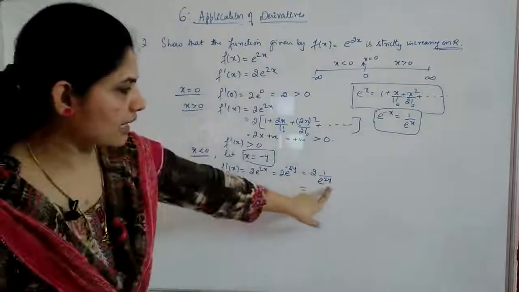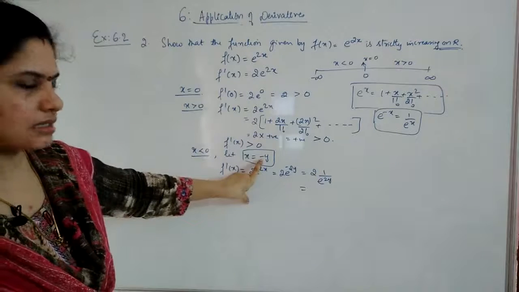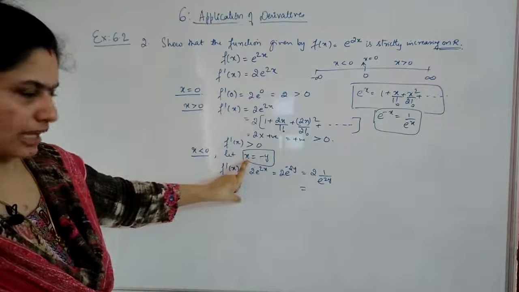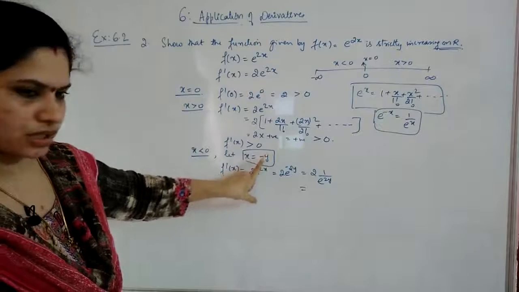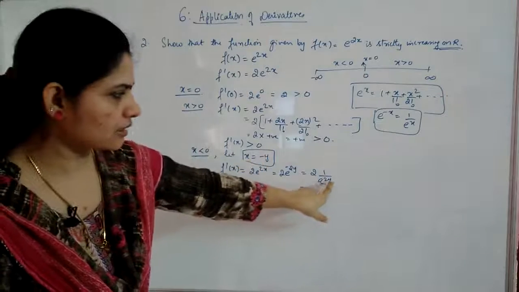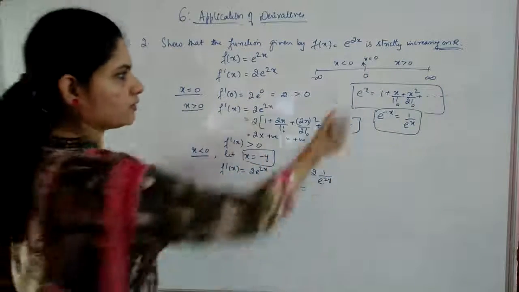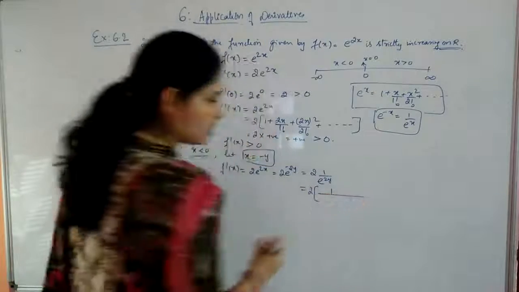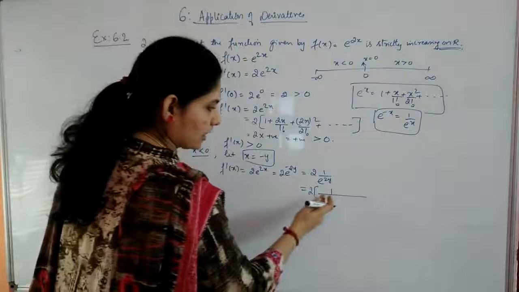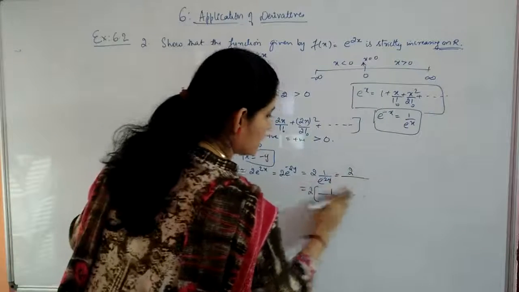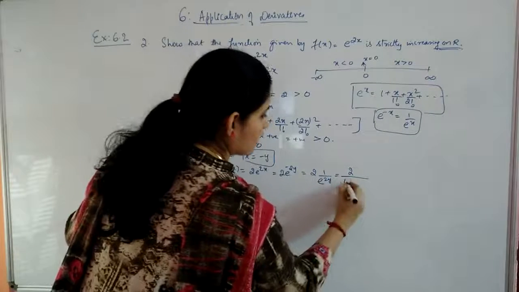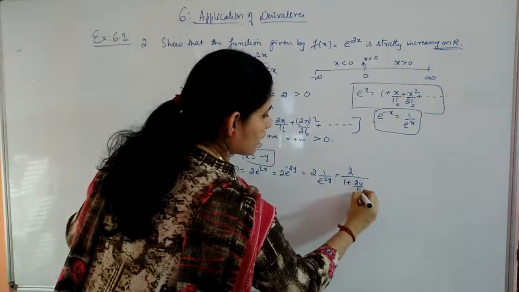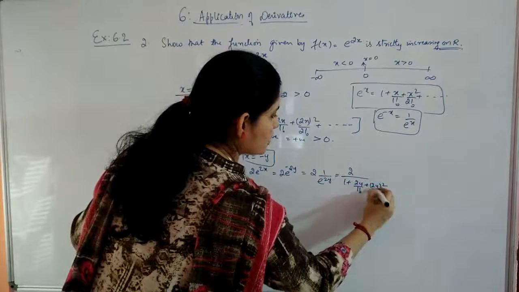Now you just see y will be positive. Negative of y is giving you that x to be negative, but this y term is positive, so that e raised to 2y, this 2y will also be positive. Now applying this will give you 2 divided by 1 plus 2y by 1 factorial plus 2y the whole square by 2